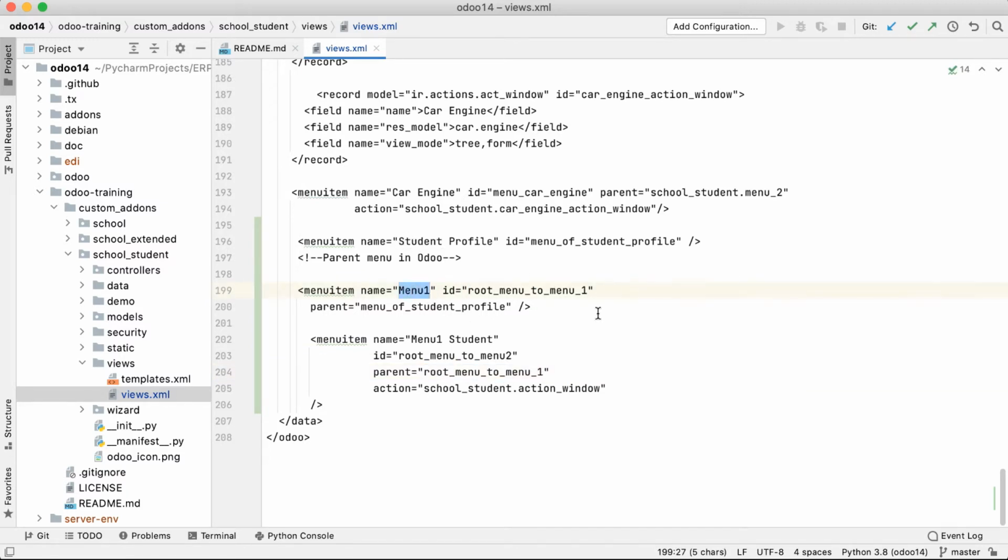So now what happened here is student profile is the parent menu, and the sub menu is menu 1. Under the menu 1 having a menu 1 student as a sub menu. So this is the sub menu of this menu 1, and this menu 1 is the sub menu of this student profile, and this student profile is the parent module of